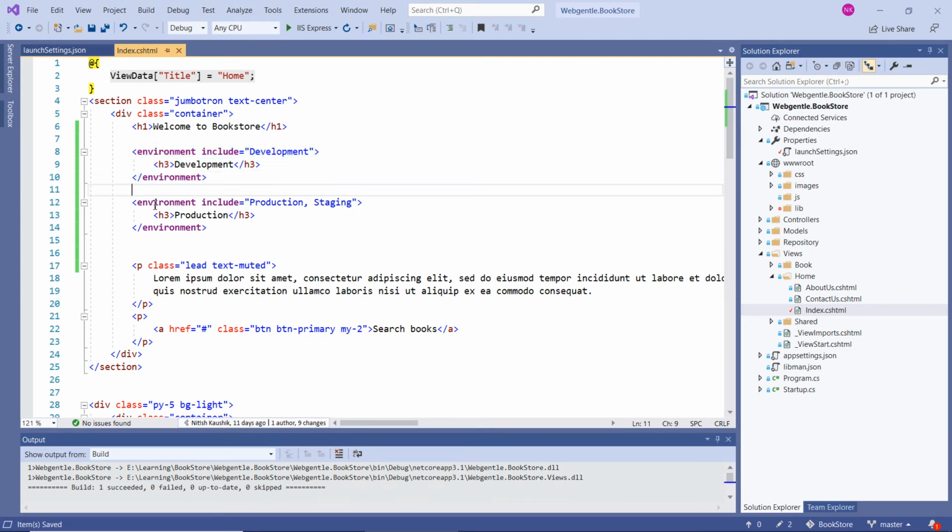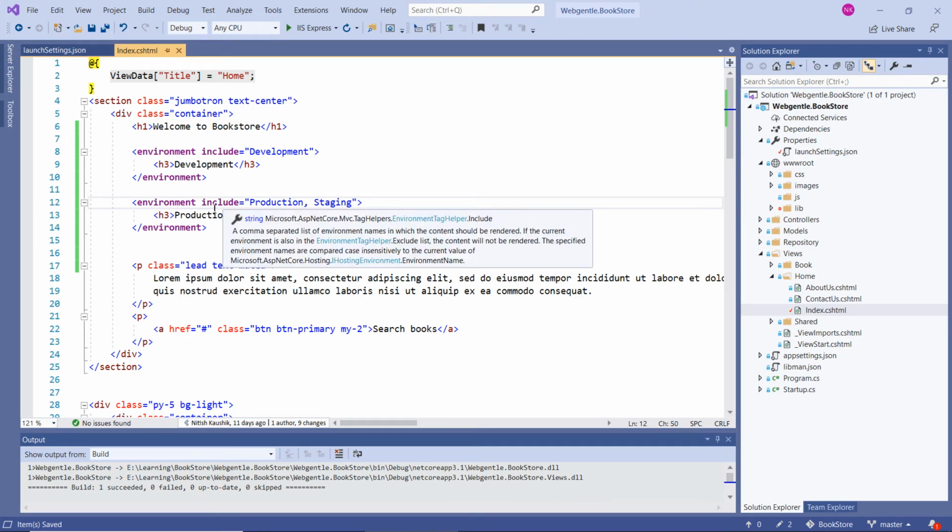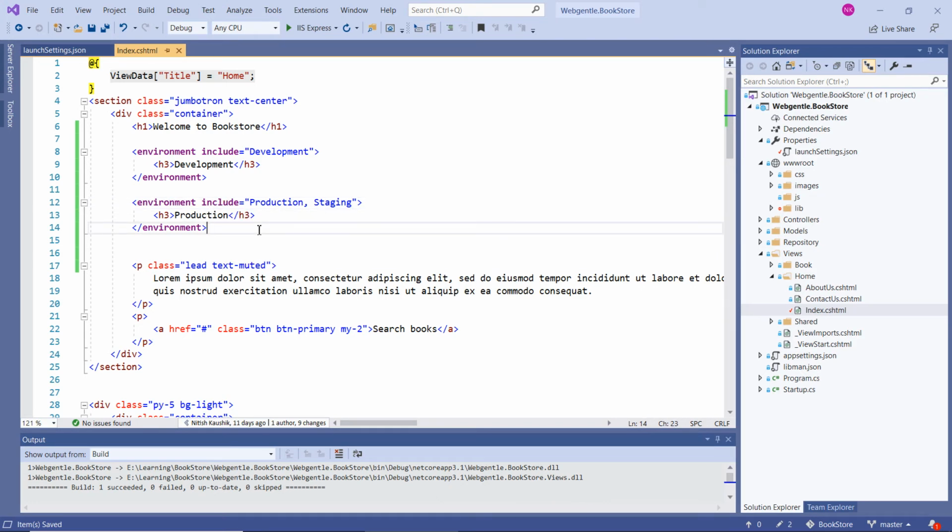And second, since we have to display a message for all other environments that we have into this application, suppose I have 5 environment, so I have to define all the 5 names over here as a comma separated into this second environment tag. Second solution is that we can use the third attribute that we have for the environment tag, and that is exclude. So here we can use exclude attribute as well.